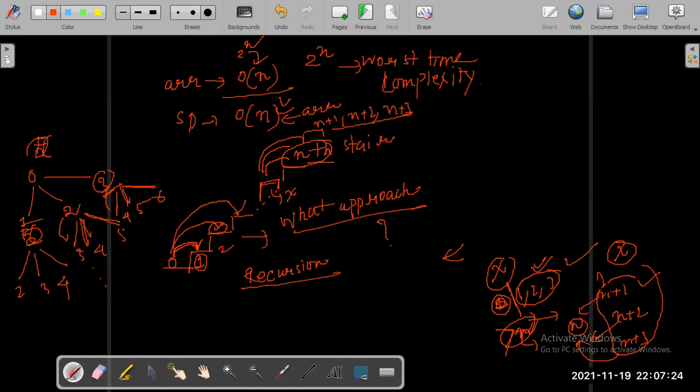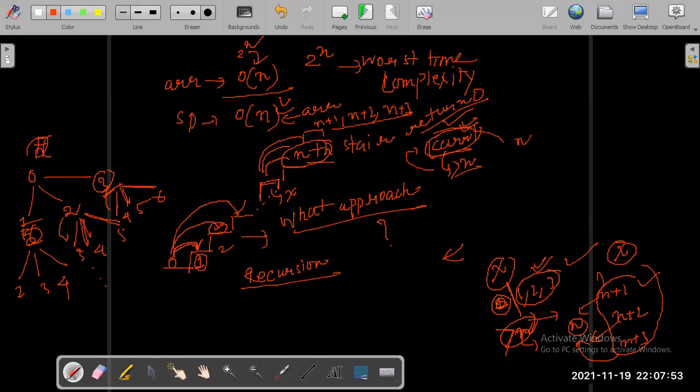If this is the condition, that my current stair number, wherever I am standing, is greater than n, I should return 0 from here. Why? Because this was not supposed to be my destination. From this current stair, I cannot go back to my stair n.